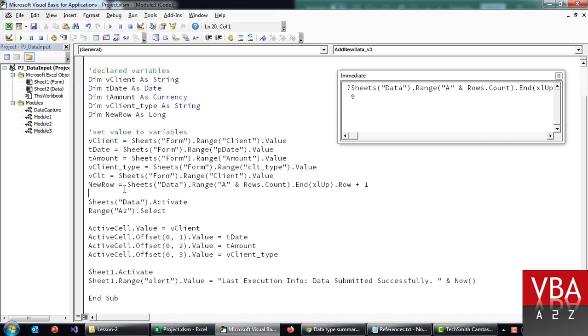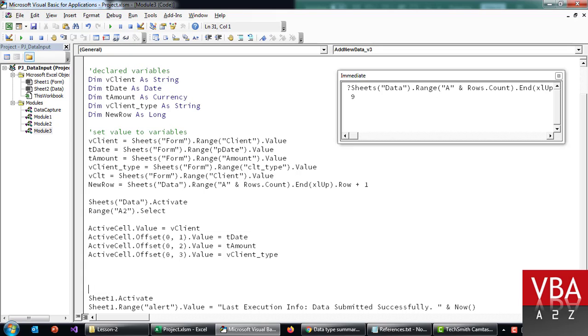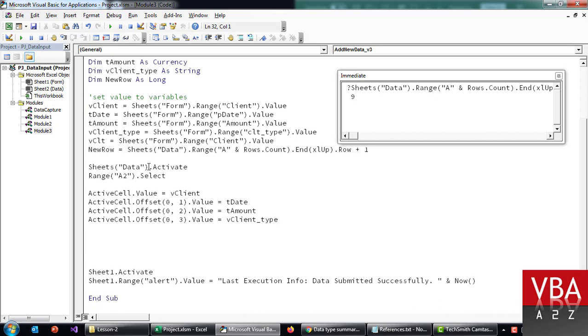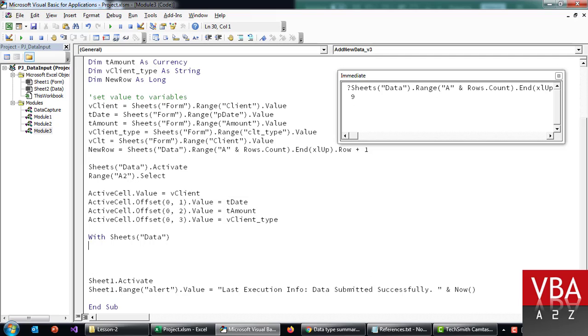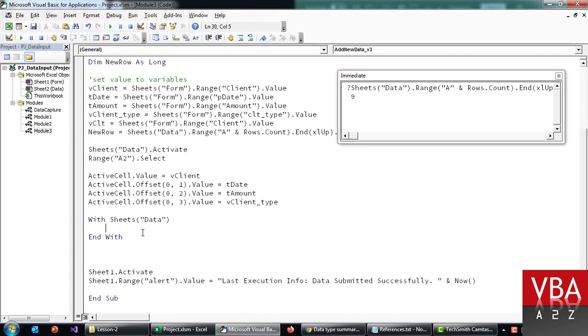So we don't even have to activate it now. I'm just going to show you one more example. When we use the With method, with and then you can specify the object, and then you can End With. When you follow this, instead of writing this multiple times,